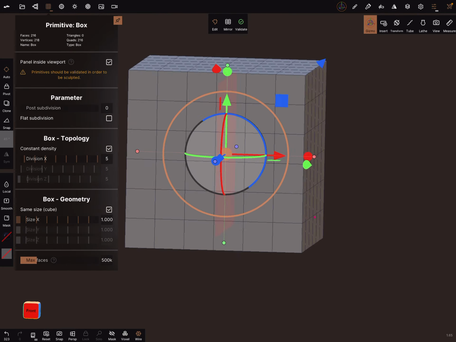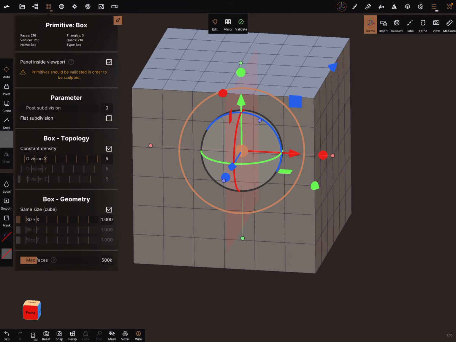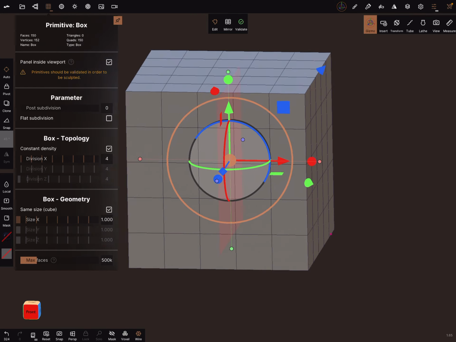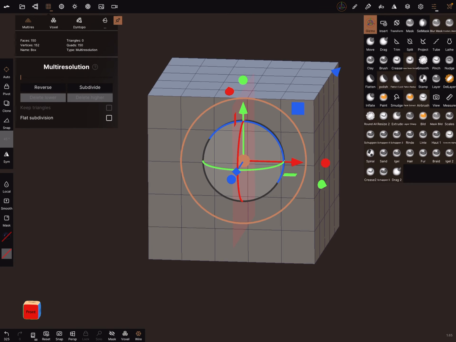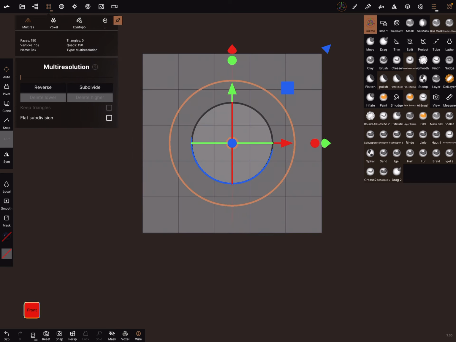Yes, and then it's not. Then your symmetry is not okay. But it works also when you adjust the object. But it's better to have an even number. Okay, let's go back to 4. I validate the object. And the symmetry center is here in the center of the object.